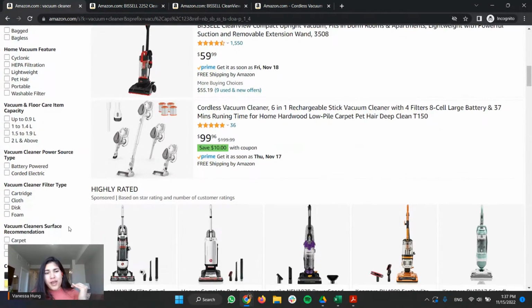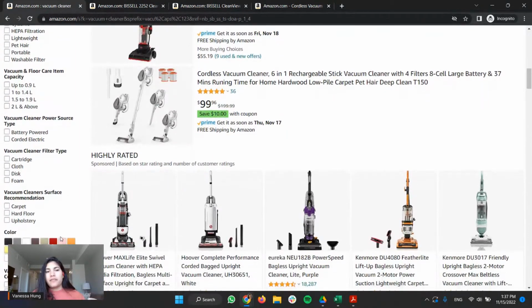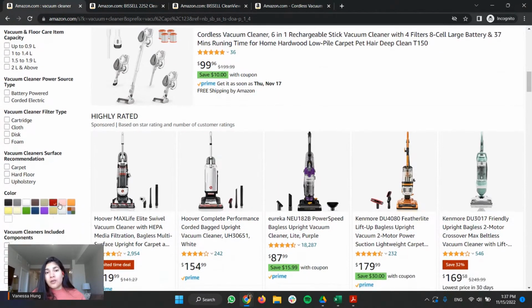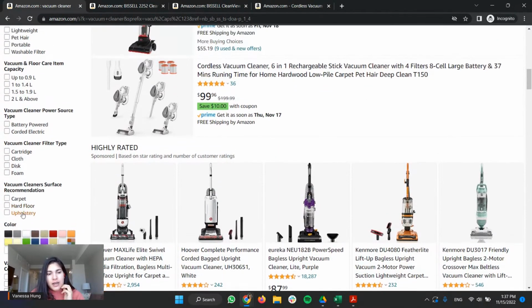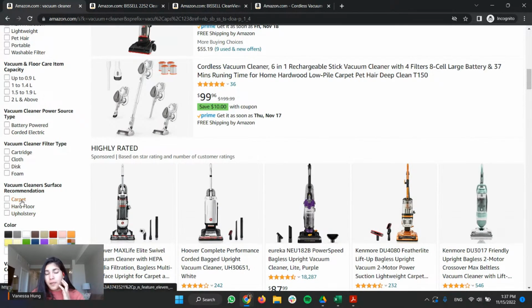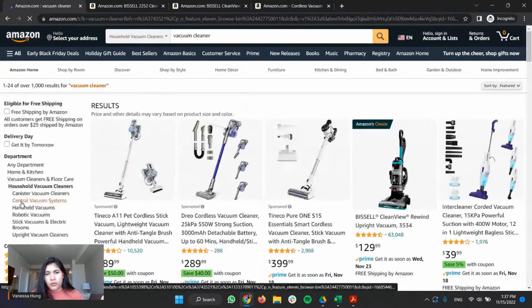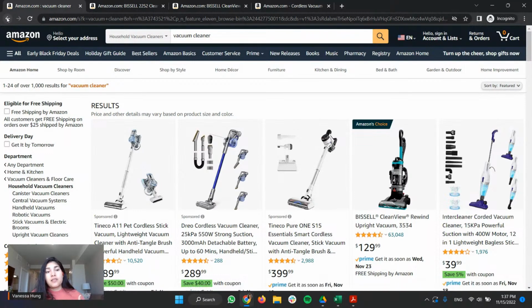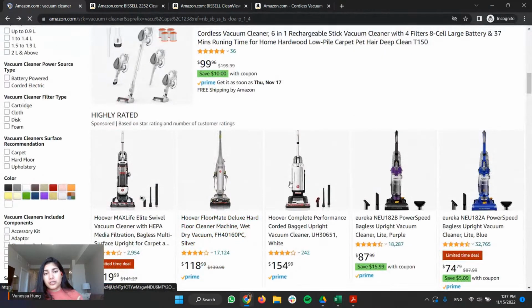There are so many different fields that I can filter the vacuums by, and when I filter them, let's say that I just want a vacuum for carpet, not for hard floors, the search results change completely. I don't see the same thing that I was seeing before filtering.